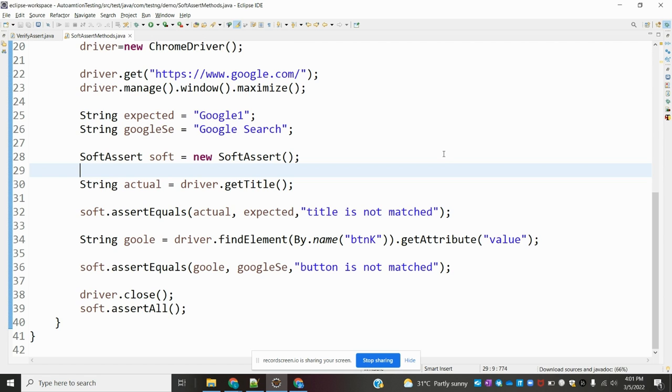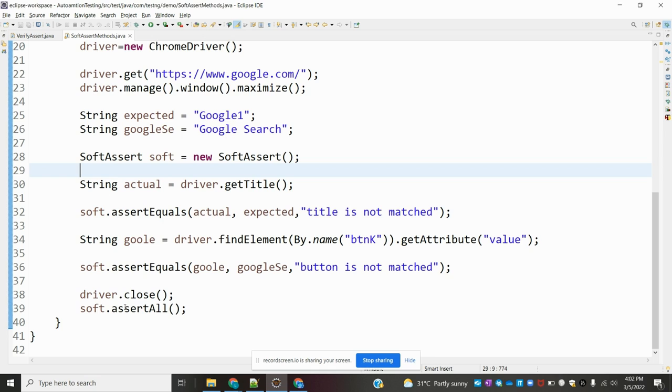At that moment it will not verify without login, so it is not possible to do. And if you are using any verification after login with soft assertion, it will throw some normal exception and it will close. Same like we can provide title is not matching, like that we can showcase some errors and we can fail our test case